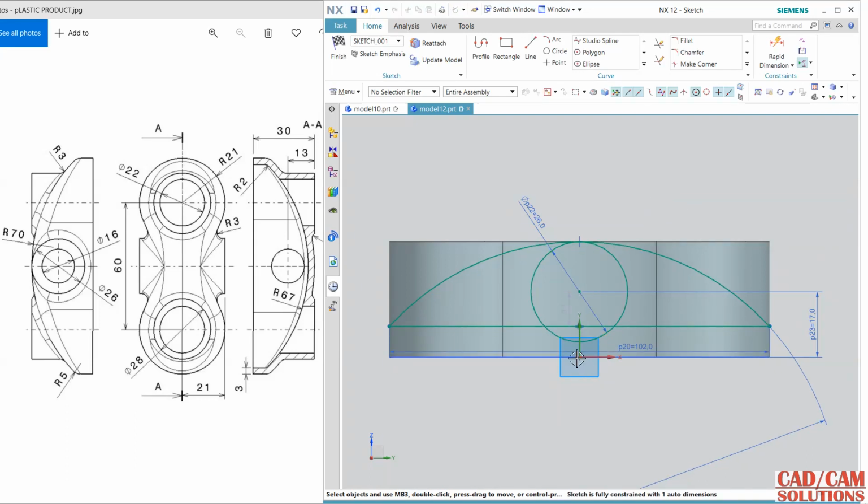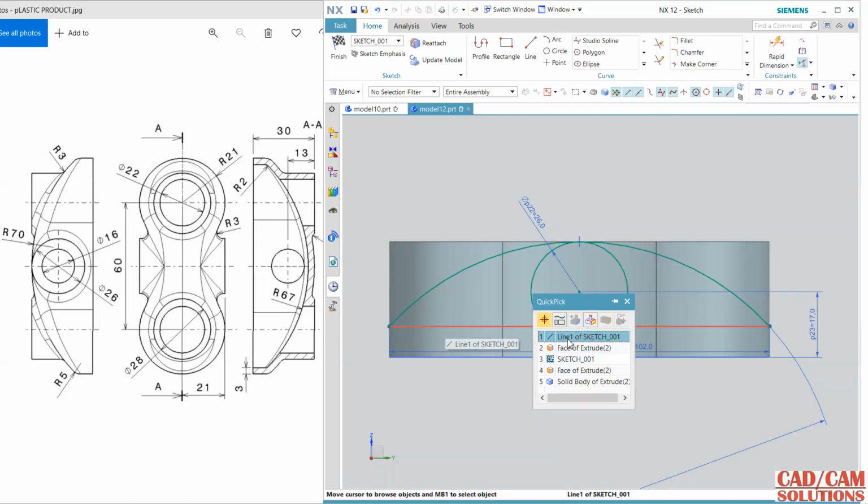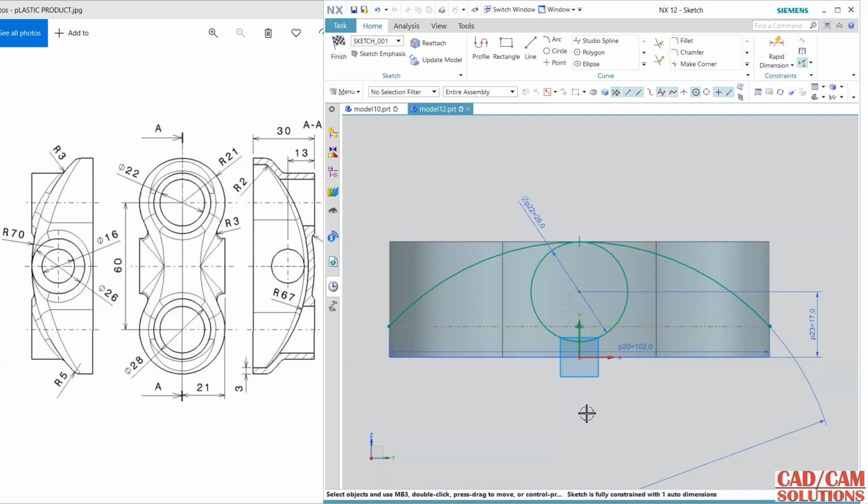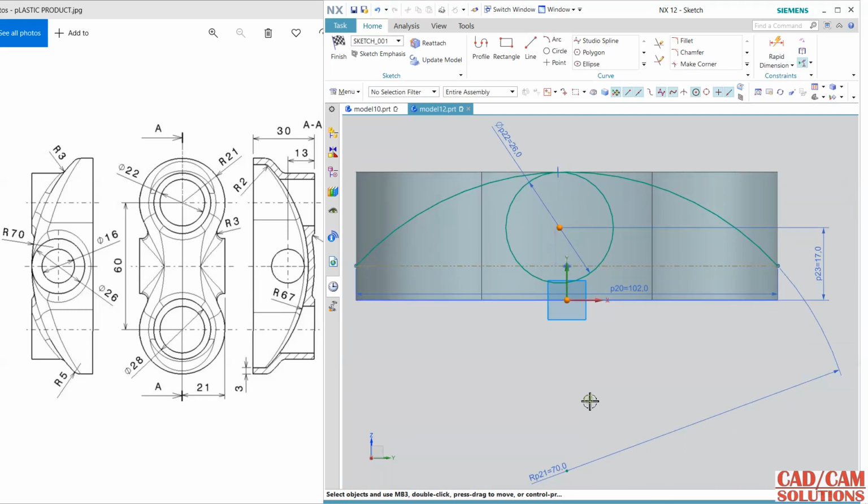Okay, and this line I'm going to make a reference line. It is moving here and there, so select this and select this origin, align vertically, click it on this axis, constant. Right,